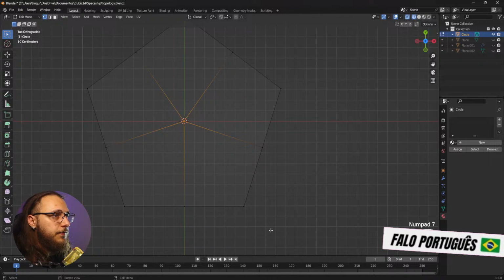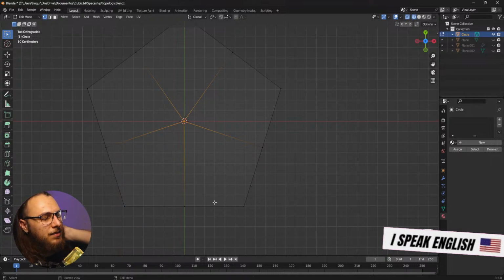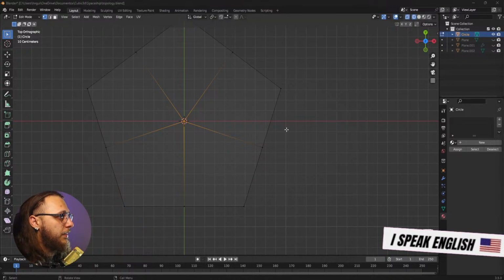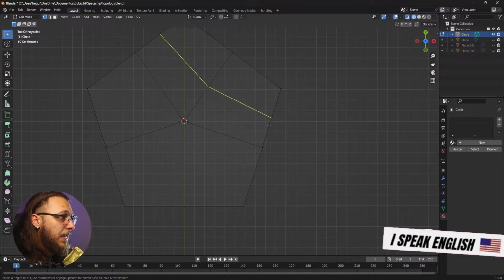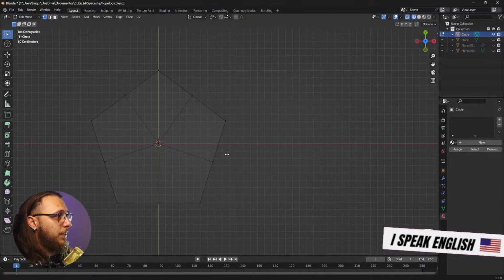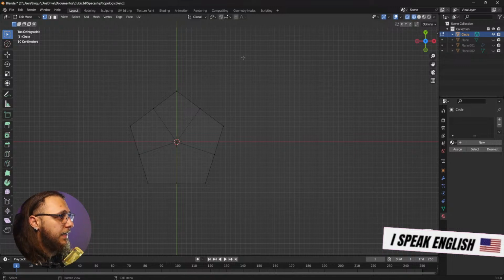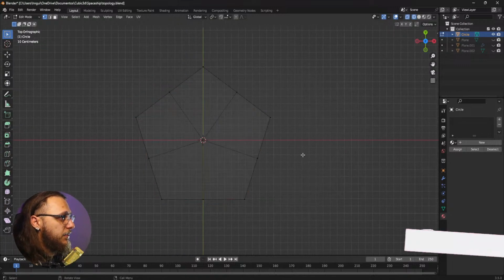And this is accepted. It has acceptable topology, right? Because you can pass loop cuts through it, right? You can pass loop cuts all around this e-pole, right? And a little bit of a difference between the e-pole and the n-pole is that the loop cuts that you pass through here,